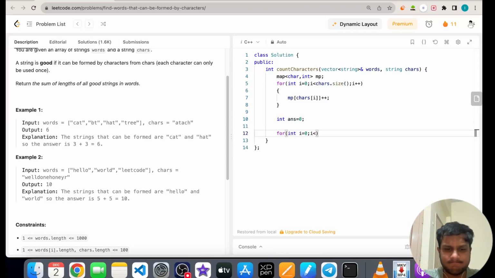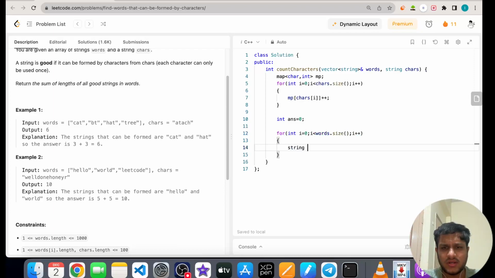So for i less than words dot size, i plus plus. Now the current string, let's name it cur, will be words of i, and we'll create a copy of that map. So map of char comma int temp is equal to mp.